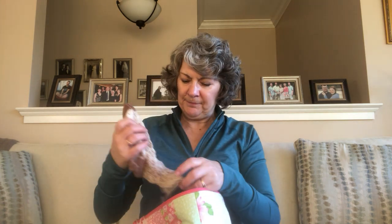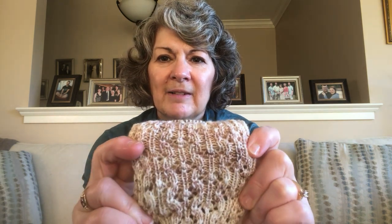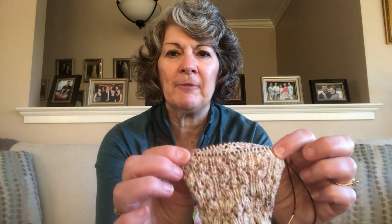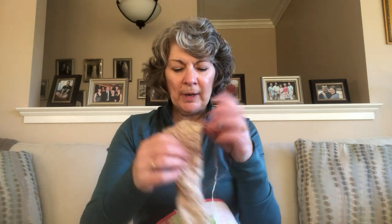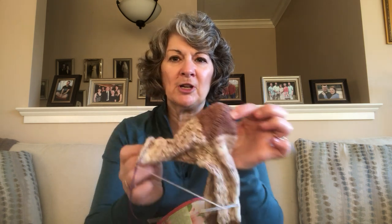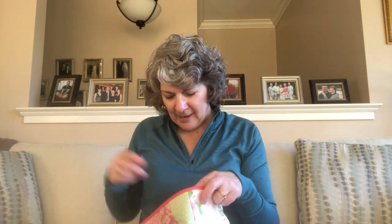Lady Mary, I chose this lace pattern, and this is the coordinating skein, and again I believe I'm close to the top of the leg. Oh good, that thing kicked off. I'm close to the top of the leg, and what I wanted to do was get both socks to the same point, and then I can figure out how much of the coordinating skein I have left, and I can divide it between the two. So there's Lady Mary, and what's holding me up is